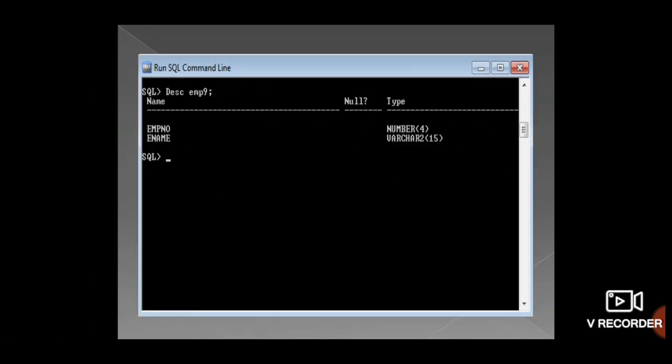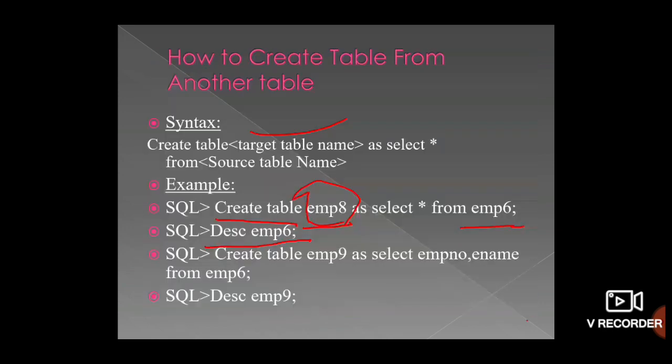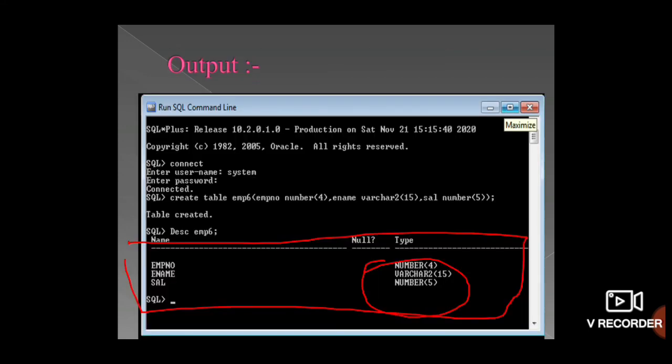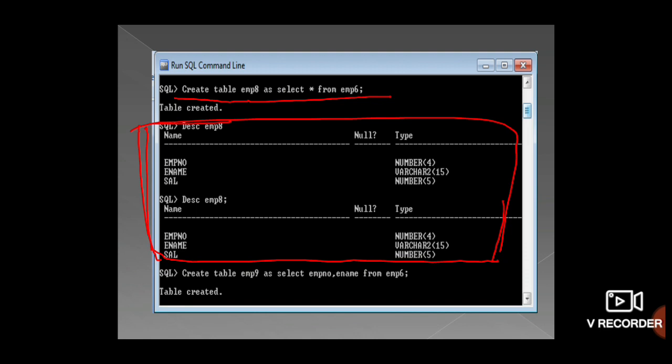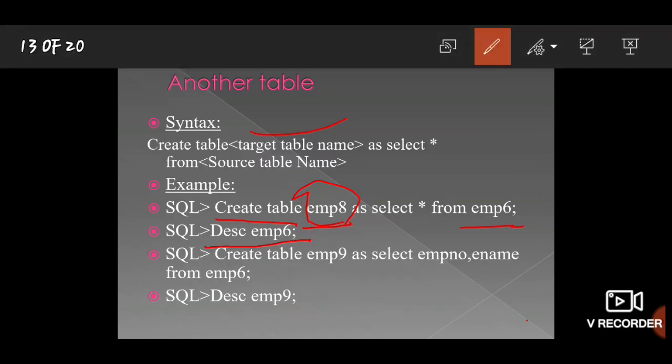And after that, here DESC employee 9, right? Here you can see in this slide, create table 9. Again, what I am doing here, I had taken another new table called employee 9, AS SELECT employee number, ename FROM employee 6.